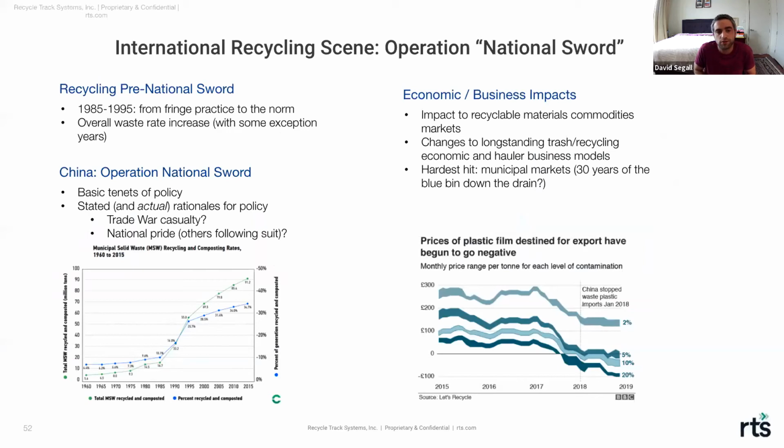So Operation National Sword, it's complicated, and we had a great discussion preparing this lesson that I think is really important to highlight. You may have been asking, when I spoke a slide or two ago, why are recyclables being exported to China in the first place? It's a great question, and many of you may know, and there have been some interesting podcasts and articles in recent months and years since National Sword was instituted, that have educated a lot of people on this matter. But essentially, at some point in the 80s, some brilliant person, and I say brilliant in very much in quotes, decided that